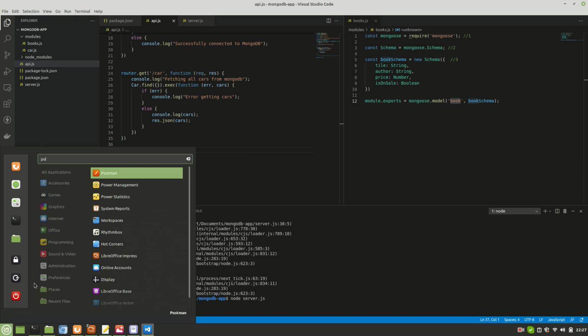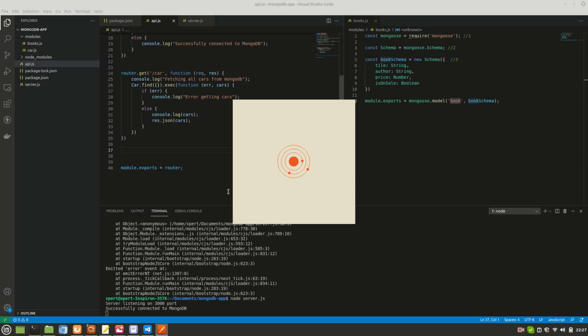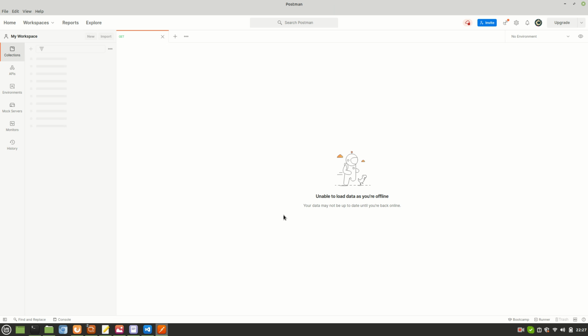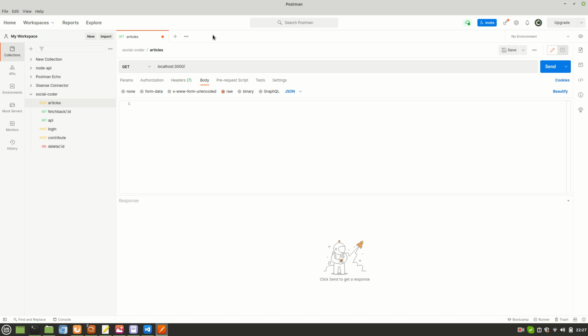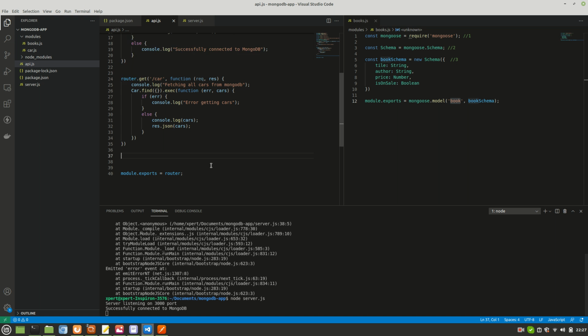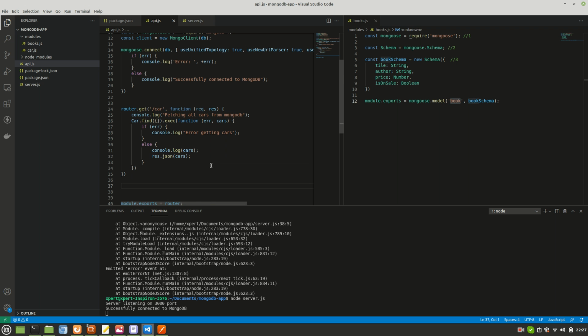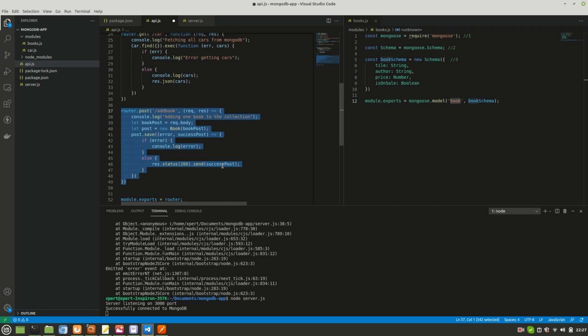Let me open Postman again. Okay, API, and then we'll hit the endpoint, which is add book.